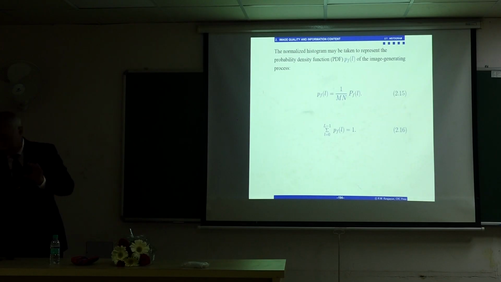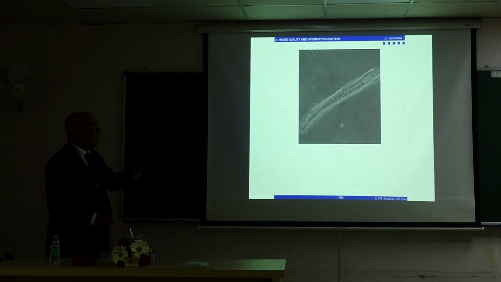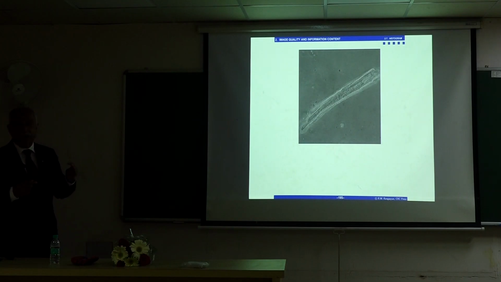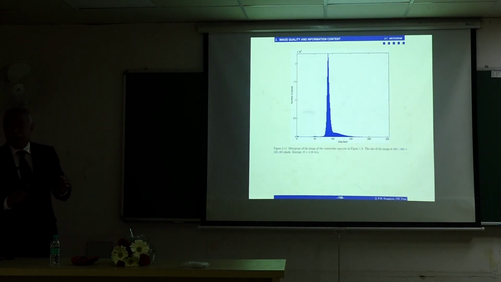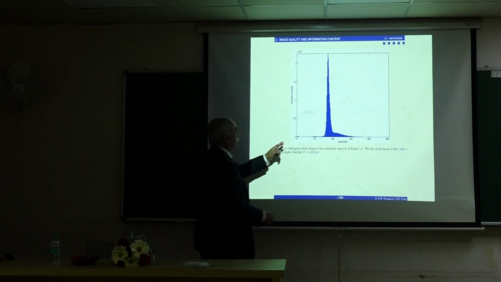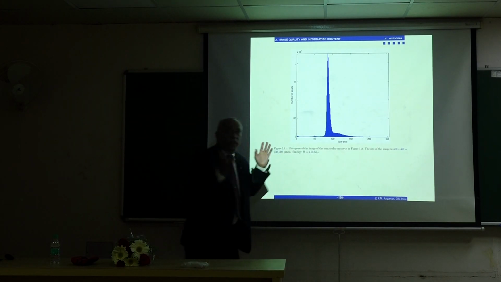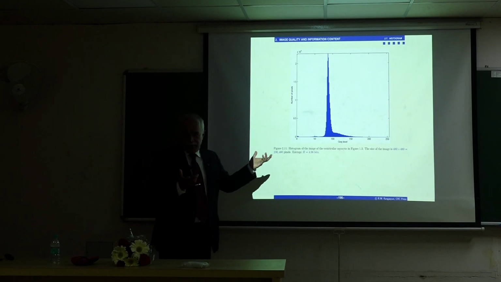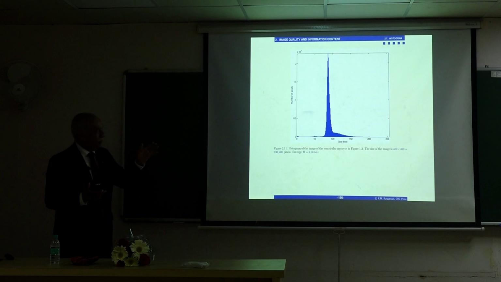So here is an image of a myocyte, one cell of the heart muscle of a rabbit, from a video image, so the quality is quite poor. The histogram is that after digitization of the video signal. The dynamic range is 0 to 255, but it's not occupying that range. That's the image I got from my colleague in the